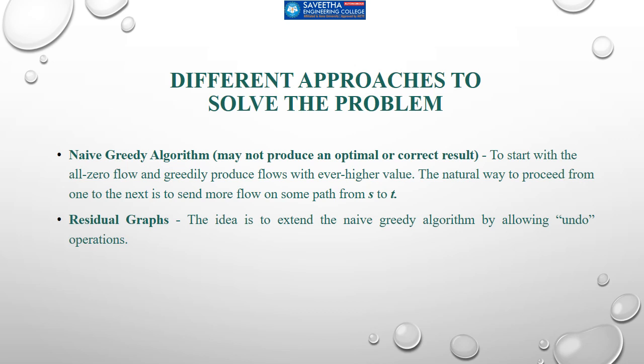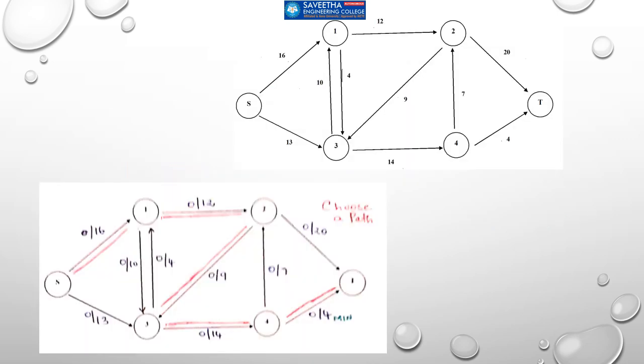So we will go for the other approach, which uses residual graphs, and is done by a specific algorithm, which we will see now. As per this algorithm, we are considering this network. The network has a source node and a sink node. The various edges are labeled with values. We will start by finding paths from source to sink one by one. So we are starting here, taking this red lined path.